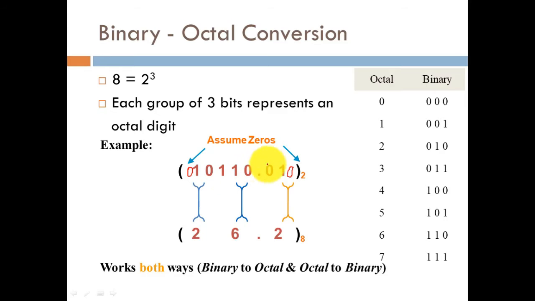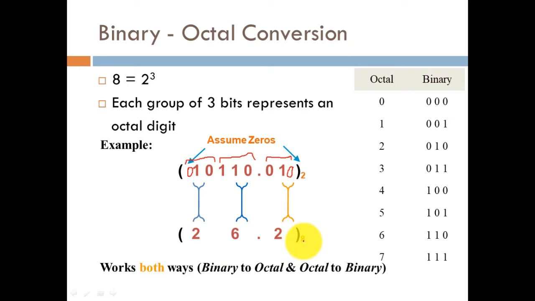So now we are going to have these 3 blocks. In our fractional part, we will be having these 3 digits, that is 0 1 0, and in our integer part we will be having one block of 1 1 0, and a second block of 0 1 0. If we closely observe, 0 1 0 is equivalent to the number 2, and 1 1 0 represents the number 6, and this 0 1 0 again represents 2. So the octal number equivalent to this binary number turns out to be 26.2 of base 8.